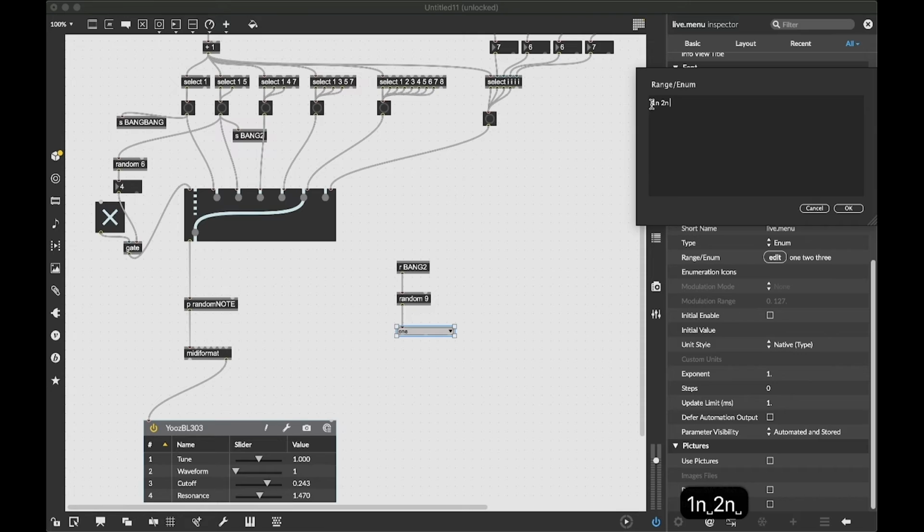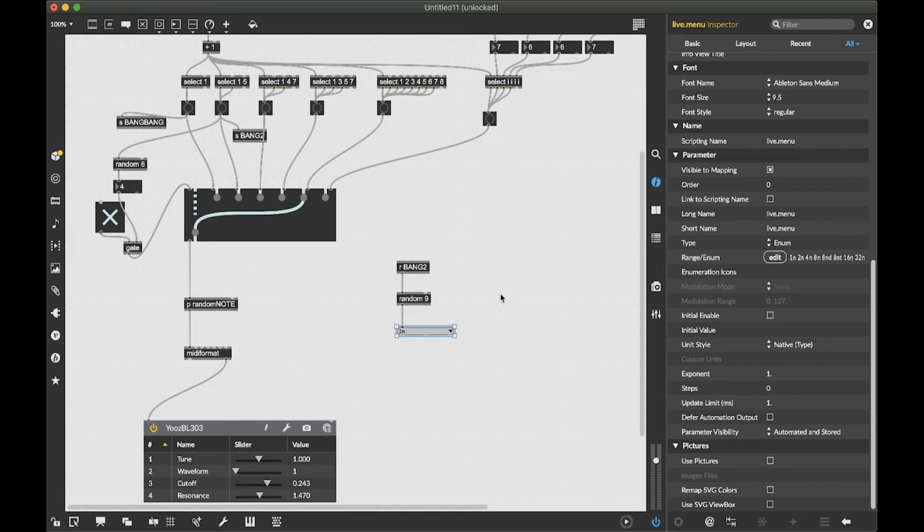1n, 2n, 3n, 4n, and so on. I could also put all of them. 1, 2, 3, 4, 5, 6, 7, 8. Okay. So now every time I get a bang from here, it is randomly